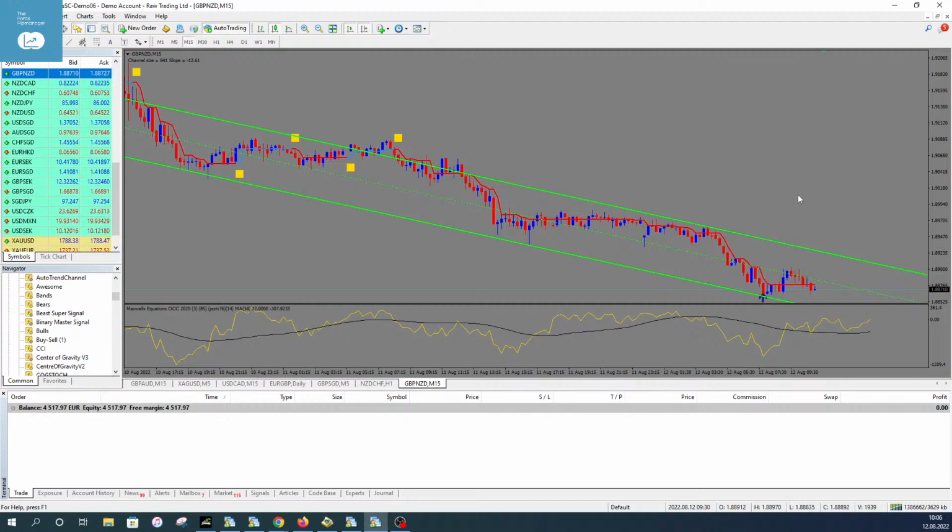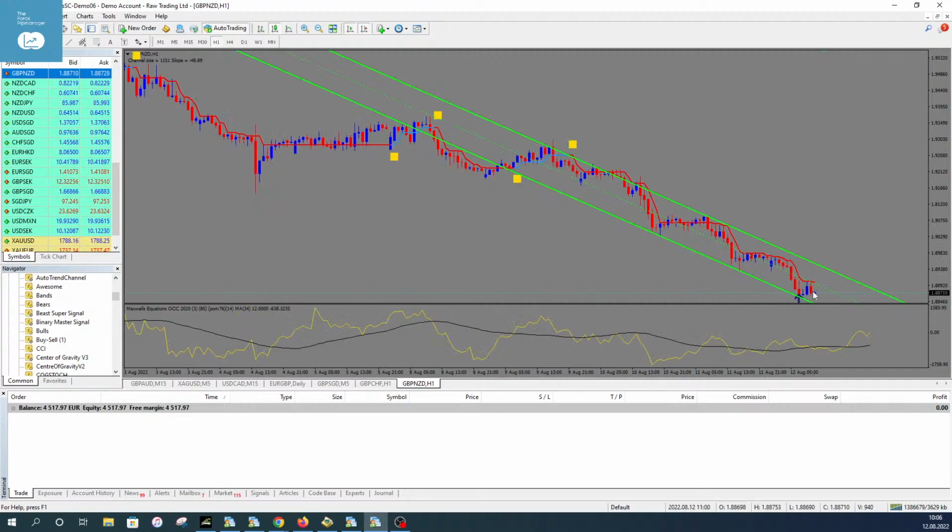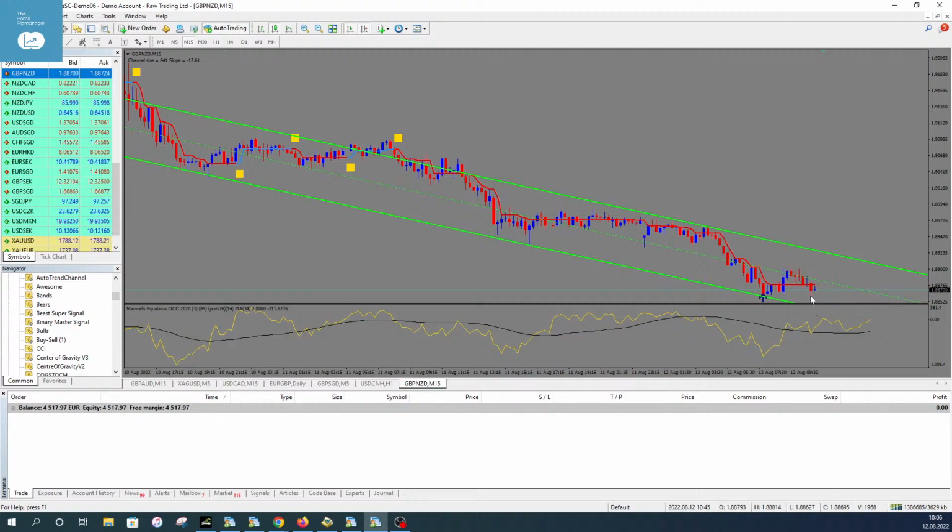And the scanner which I'm working on would give you an alert as soon as the yellow box is painted on your chart, if the H1 is like it is here, so we have the arrow and the bounce on this channel. As soon as you get the yellow box, the scanner will send you an alert that on both charts, on the H1 and M15, all rules are fulfilled. This is the goal for the new scanner I'm working on, and I think it should be